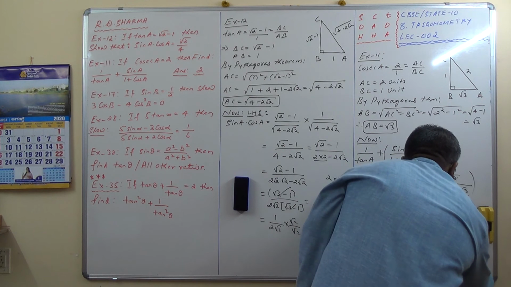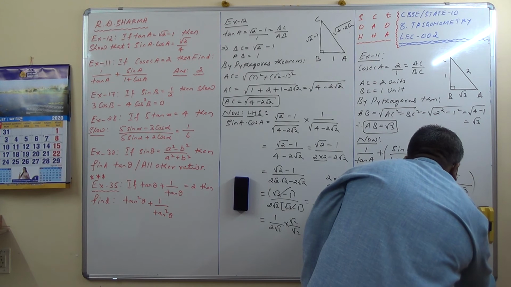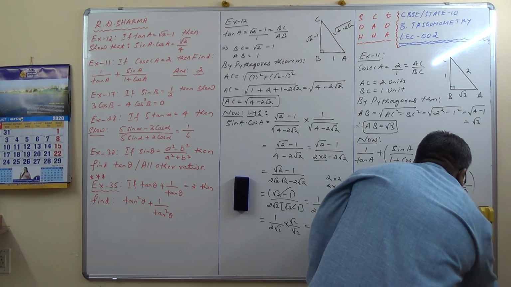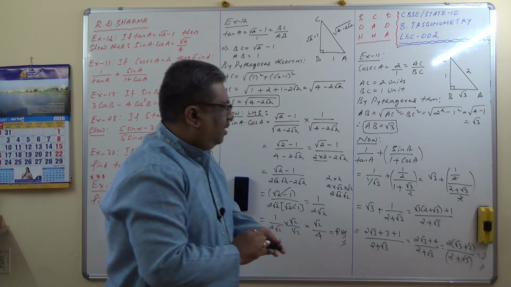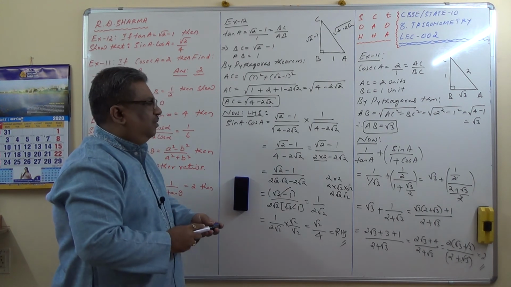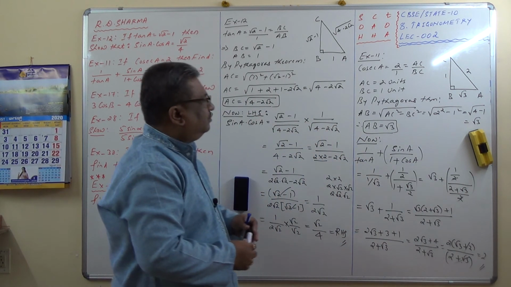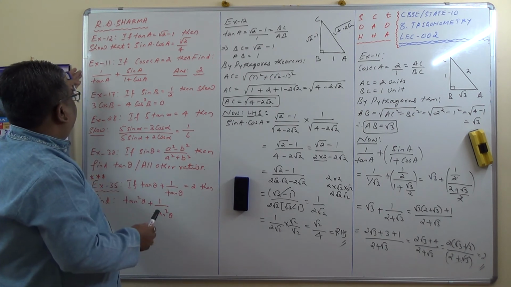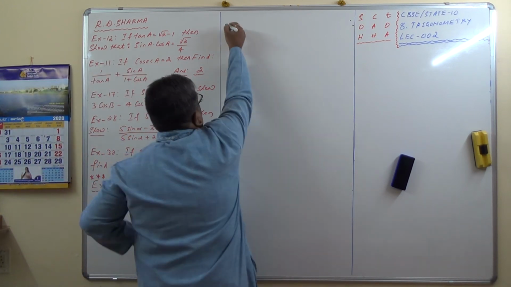2 take common in this. 2 plus 2, if I take common into bracket, root 3 plus 2 divided by 2 plus root 3. So this cancels, which is equal to 2. Hence this is the answer. Root 3 plus 2 cancels. The answer is 2. So I hope you are able to see this also clearly. Fine. So make a note of these 2 numericals, then we will take up the next one. Example 17.